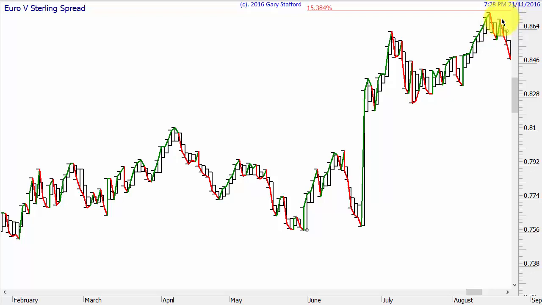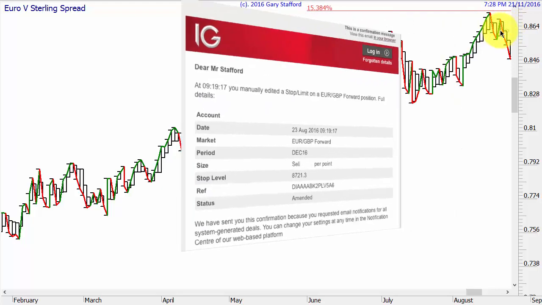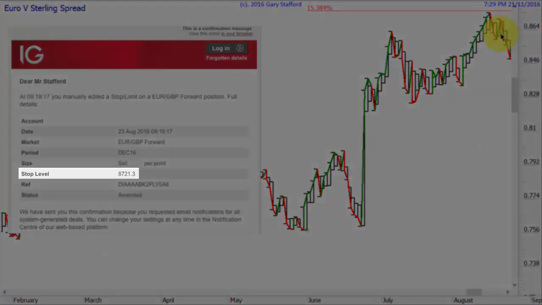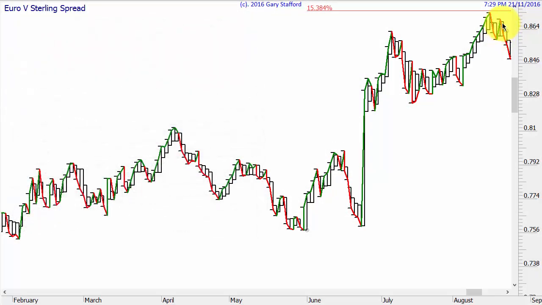In fact, sorry, what I did was on that day I moved my stop loss. If you look at that day there, it didn't really cross that low. I think it's about 1 point below that low, that's why it went to red. But I actually did it the next day, because of that rule I keep telling you about, not moving your stop loss too soon. So my stop loss is now there.